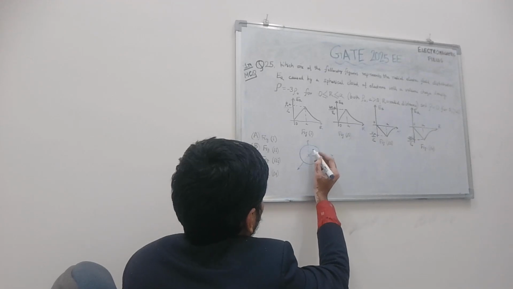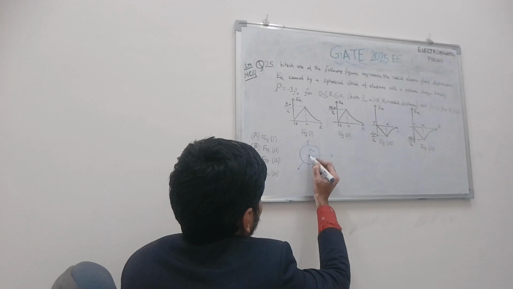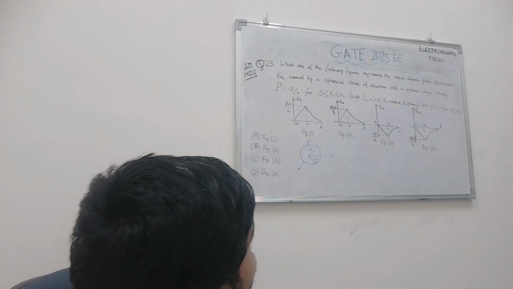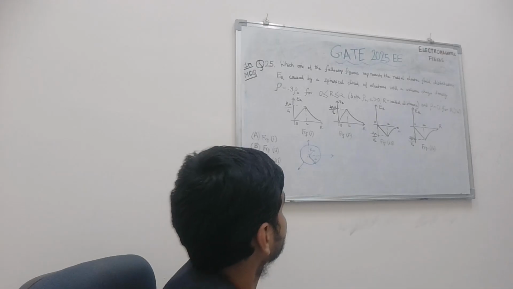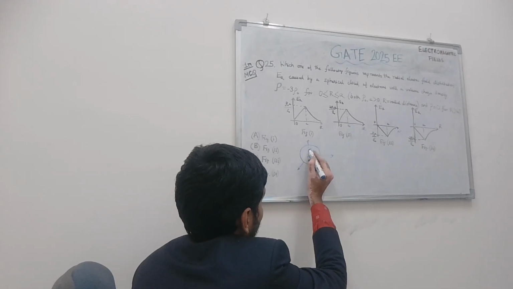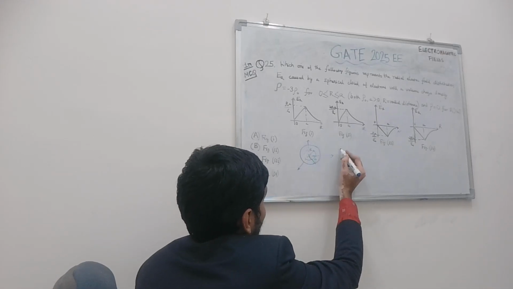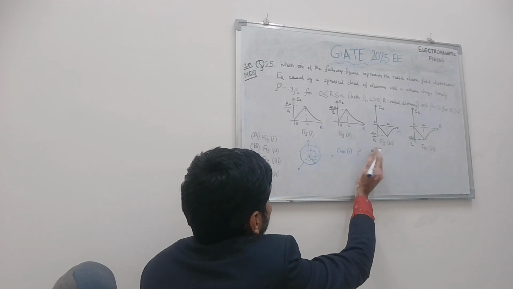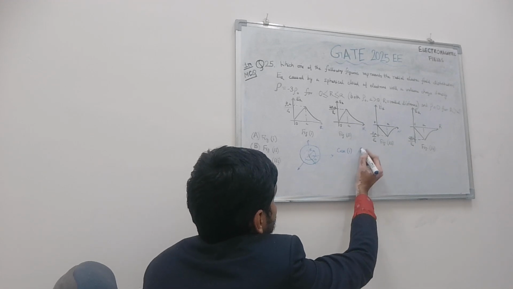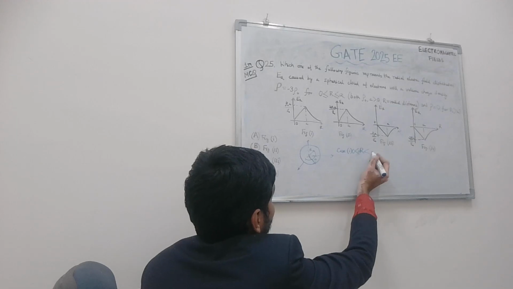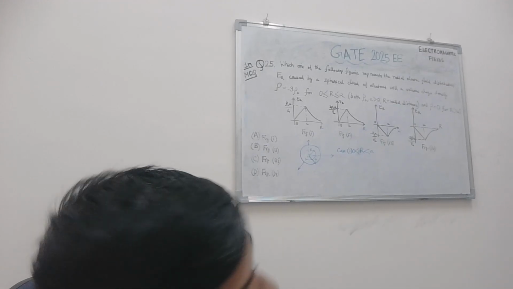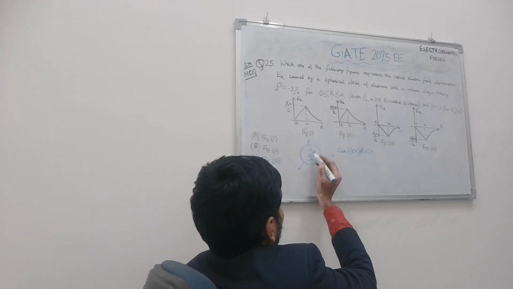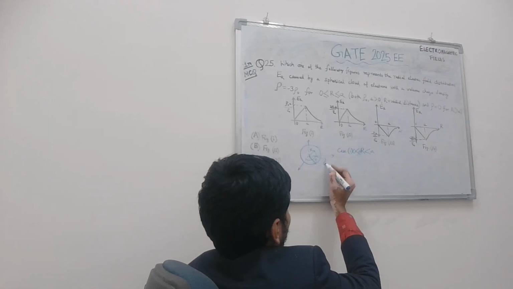The distance say capital A is the maximum. Let's say this is the Gaussian surface. Case 1 is rho, R greater than 0 and less than A. Okay? So if you apply Gauss law for this Gaussian surface,